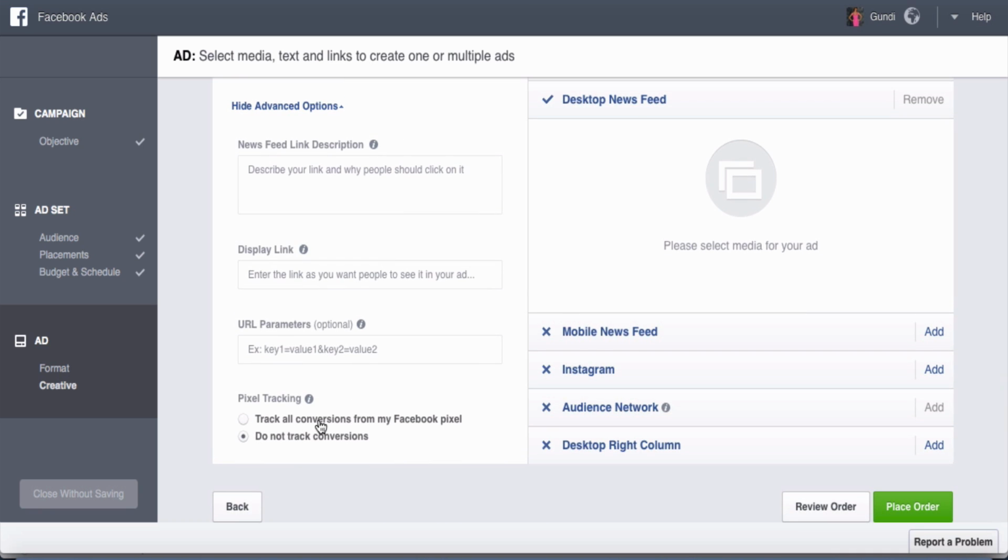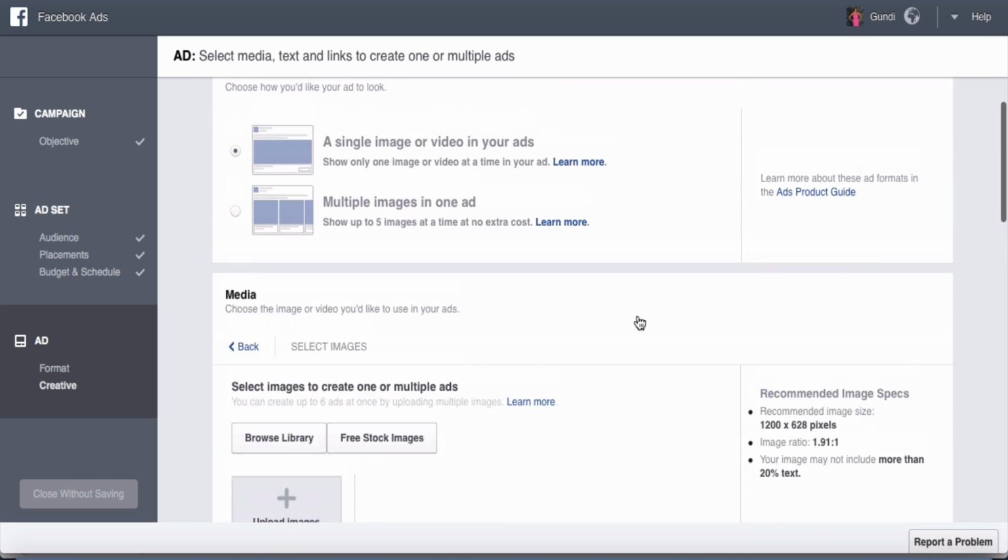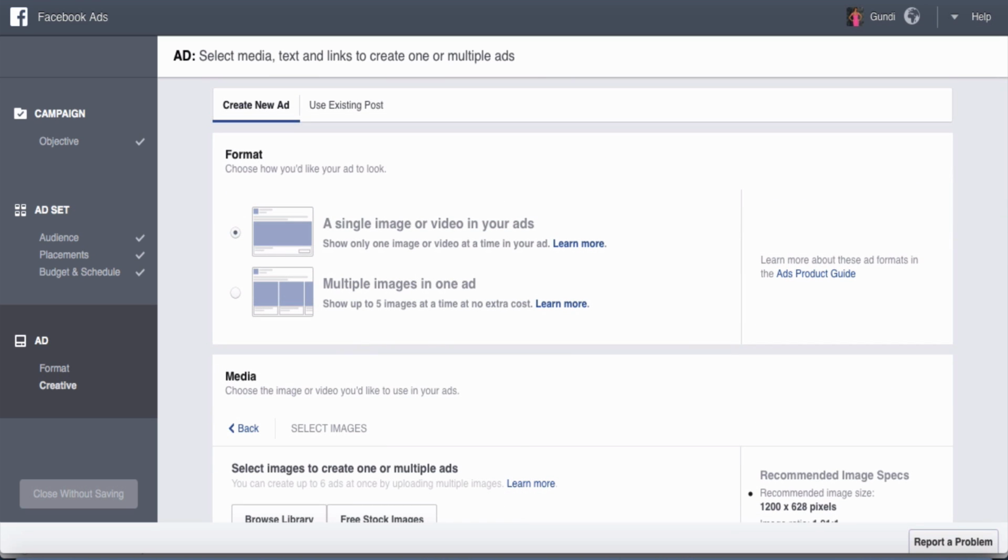You can also track all conversions from Facebook, meaning you install a pixel on your blog, and then you can track where the leads are coming from. But I wouldn't worry too much about that right now. That's a bit complicated. I will cover that at another time. And if you absolutely want to know that right now, then just go to YouTube. There will be plenty of videos showing you how to install that pixel. It's not difficult, but don't get carried away. You don't usually need it right now. And then place order. Then the other one I wanted to show you quickly